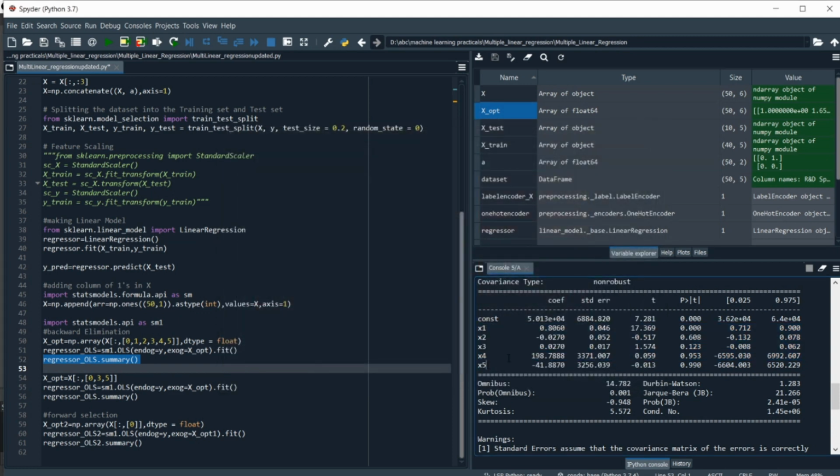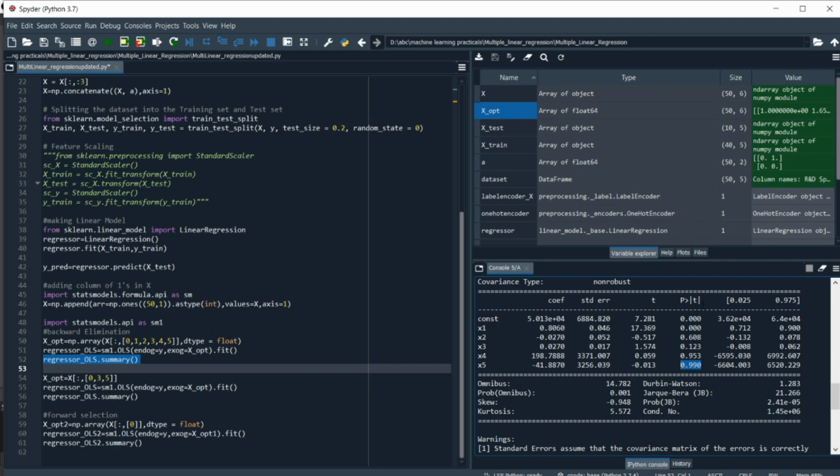For backward elimination we need to set a threshold value, and let's say we have set a threshold value of 0.5. So we compare the P greater than modulo of t values with 0.5 and find the biggest value which is greater than 0.5. As you can see, this 0.990 is greater than 0.5 and is the greatest value here.